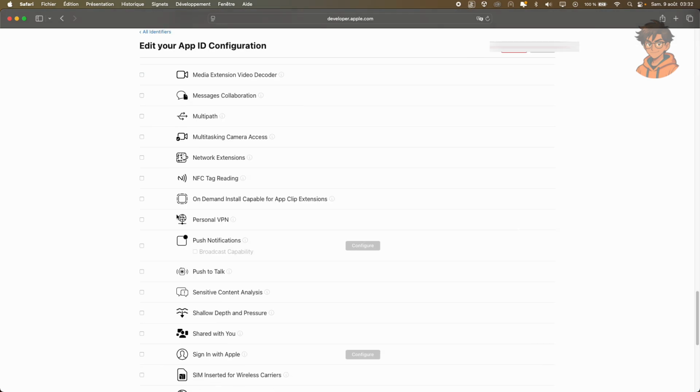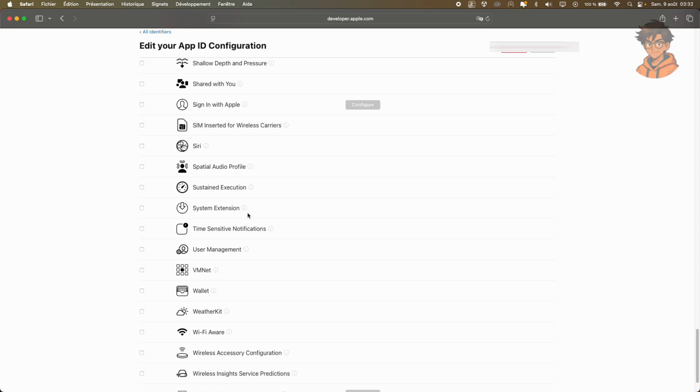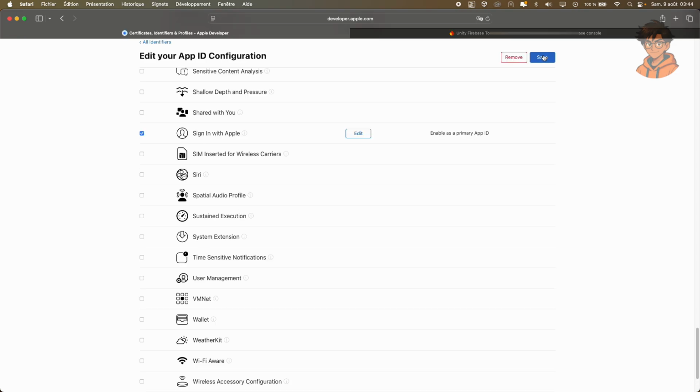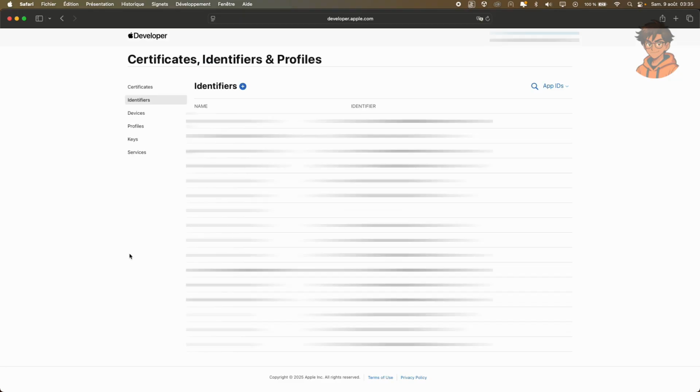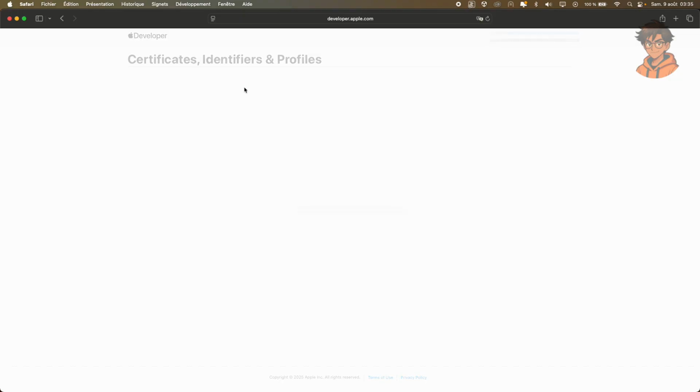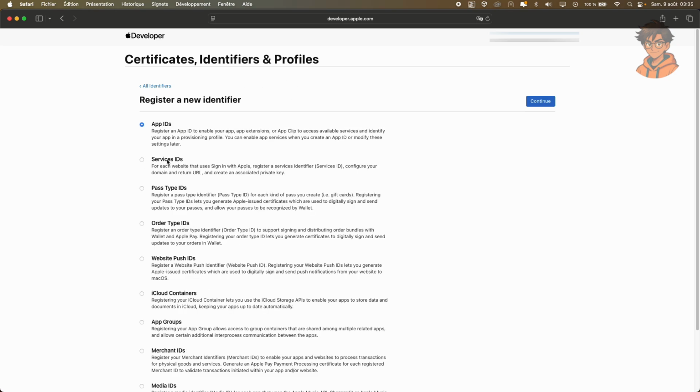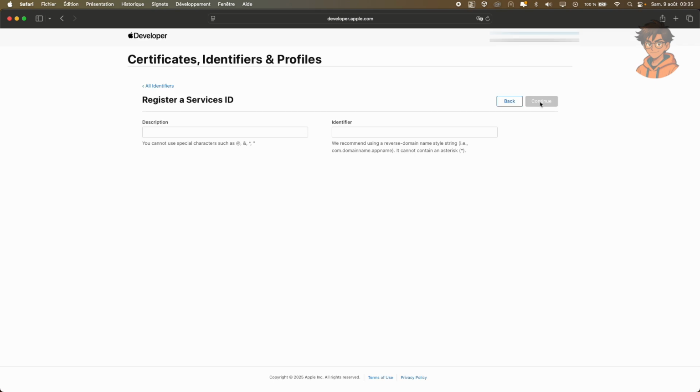Let's scroll down and you should find Sign In with Apple. Let's check this and we can save this. We can confirm it. Okay, so next thing we want to do, let's click on plus. What we want to do is add a service ID. So make sure to click on it. Let's hit continue. On the service ID, we need a description. This one, I will say Unity Firebase toolkit